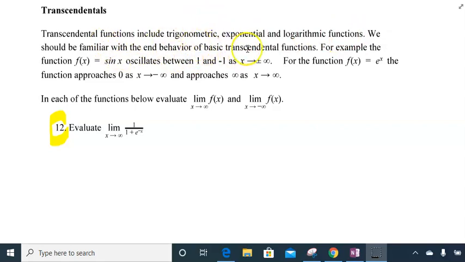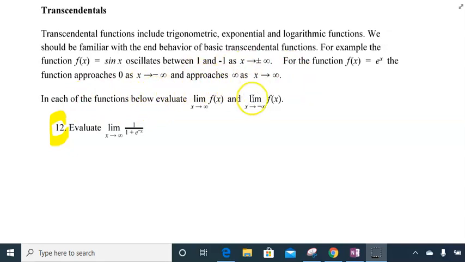We are familiar with the end behavior of many of these transcendentals. We know sine of x oscillates between 1 and negative 1. So there's really no asymptote in this case. But for e to the x, we know that e to the x approaches 0 as x approaches negative infinity, and it approaches positive infinity as x approaches positive infinity,